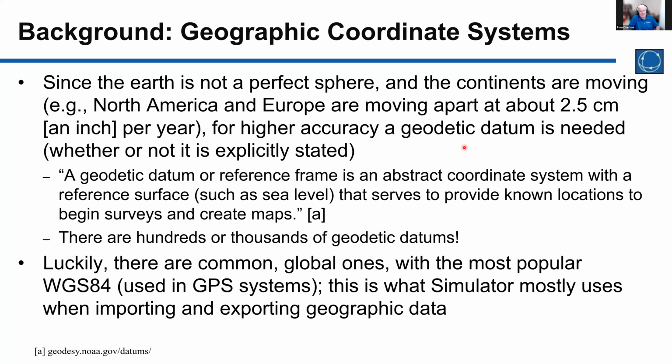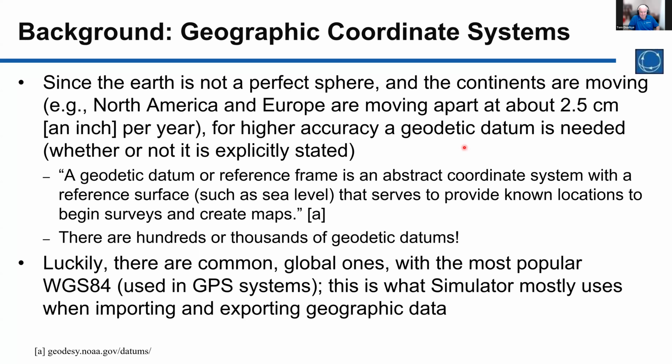So to address this, when you really want to get high precision, you have to introduce the concept of a geodetic datum or a reference frame. And we run into these when we're reading in region information, and there are actually hundreds or maybe thousands of different geodetic